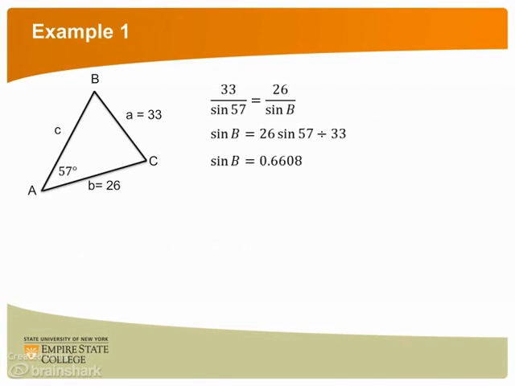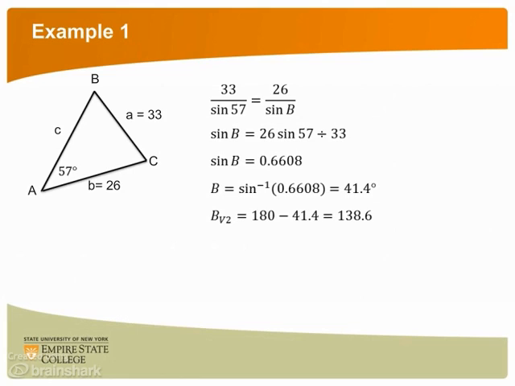Using available technology, we find that sine of B equals 0.6608. We have at least one triangle possible, so we continue on our mathematical journey. To find the actual measure of angle B, we take the inverse sine of the decimal amount. This gives us B equal to 41.4 degrees. We may have more than one triangle possible. We need to find this other potential version of angle B. To do so, we subtract the 41.4 from 180, which leaves us